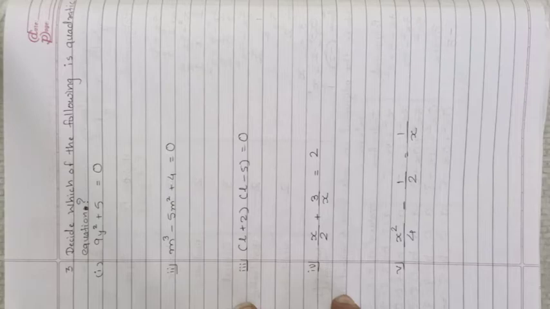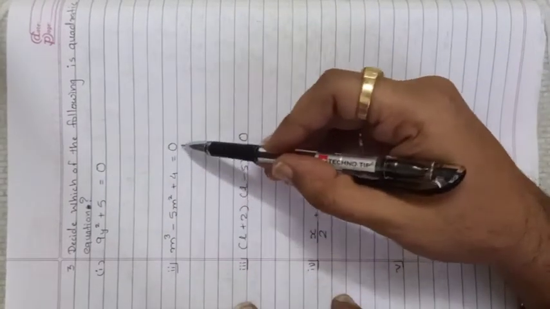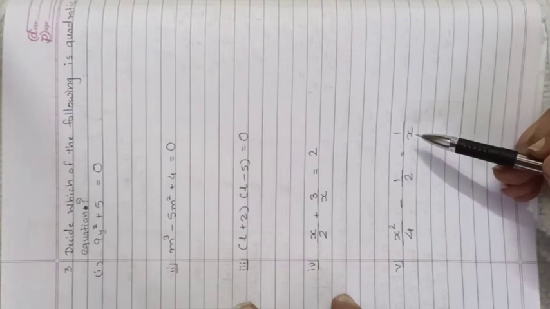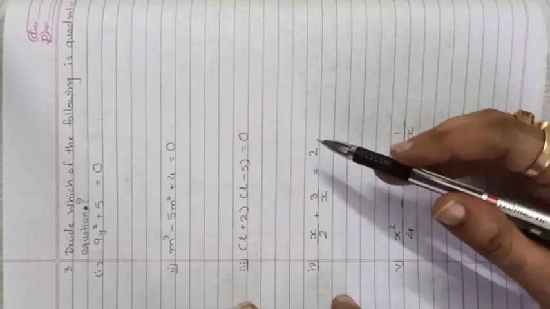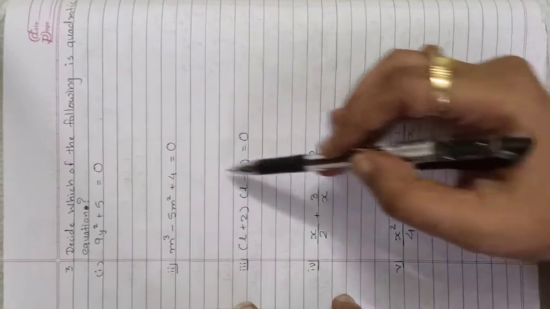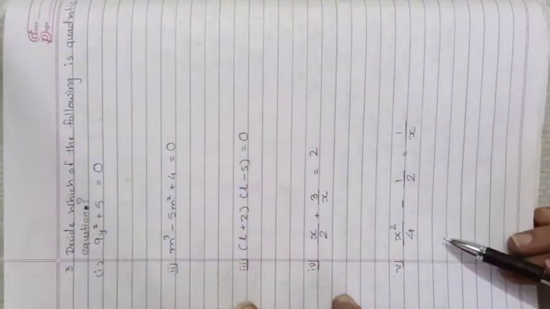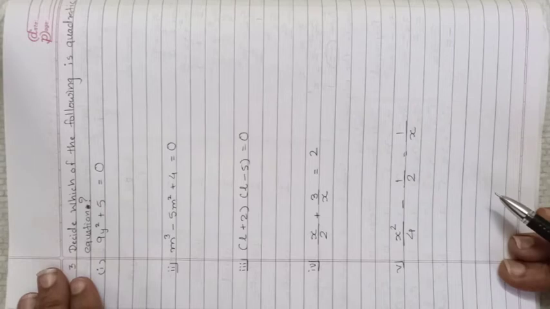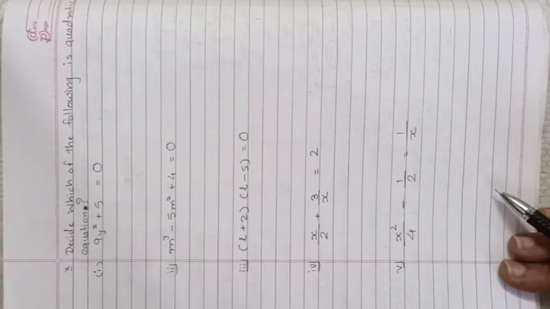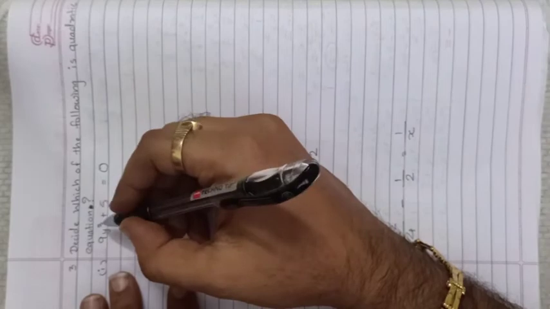Now what do we mean by quadratic equation? We have done quadratic polynomial in the previous activity, not equation. Polynomial and equation are one and the same. The only difference is that an equation has an equal to some number, while a polynomial doesn't have the sign of equal to. See here, you can see equal to 0, equal to 0, equal to 0, equal to 0, equal to 1 upon x, equal to 2, not 0 every time. So these are equations, and definitely the LHS is a polynomial. We have to see whether these equations are quadratic or not. For that we need to check the powers.